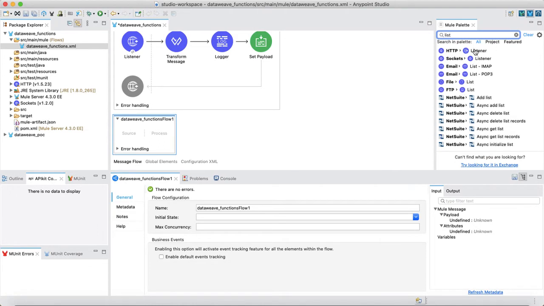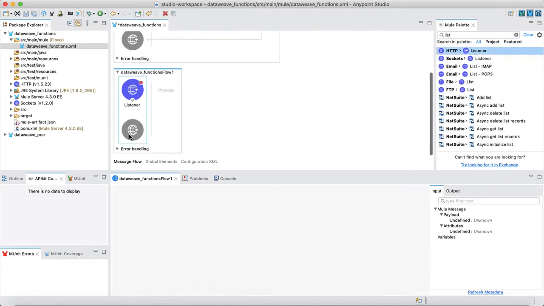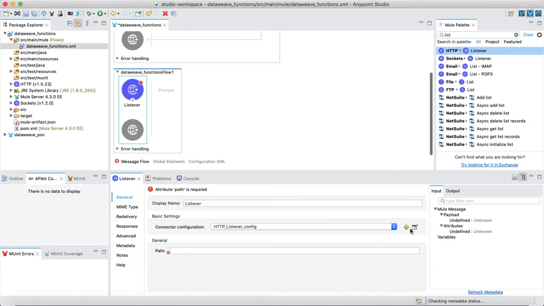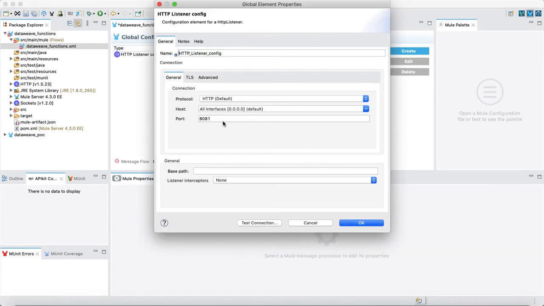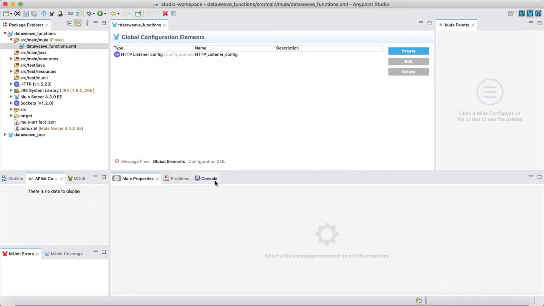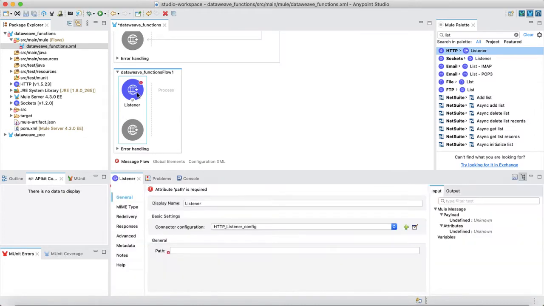So here we are putting another listener. Again, we need to keep in mind the correct configuration. Now there is something interesting I have to do. We can put it as 8081, but we are going to change it. Here it's HTTP only. Now we have to set the base path. I would call it math because we are going to do some mathematical functions. So we have configured our listener now.